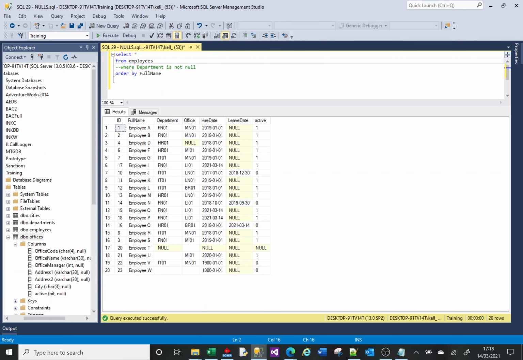Let me insert another row in here, and let's just talk about data types and nulls. So I'm going to insert another row. It's going to be employee X. The department column is going to be an empty string. The office column is going to be an empty string. The hire date is going to be an empty string. The leave date is going to be a null. And our active is going to be an empty string. So you can see that. If I insert that,